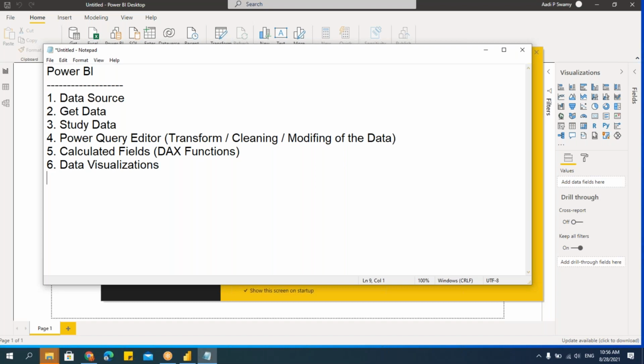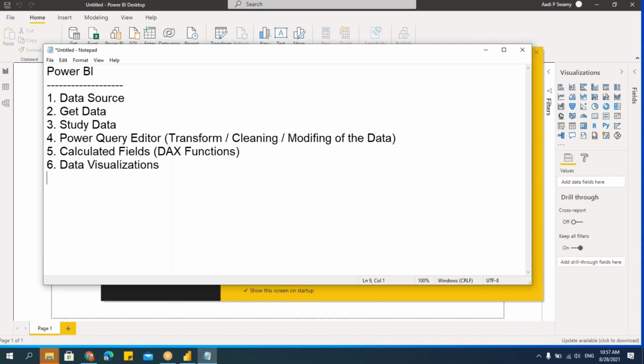Here, the data visualization part is very simple, because you're just dragging and dropping the fields, exactly like we use Excel pivot tables. People learning these business intelligence tools, I'm talking about BI tools, not just Power BI, if you know the concept of pivot tables in Excel, almost 60% of the BI tools is done, because here it is just drag and drop.